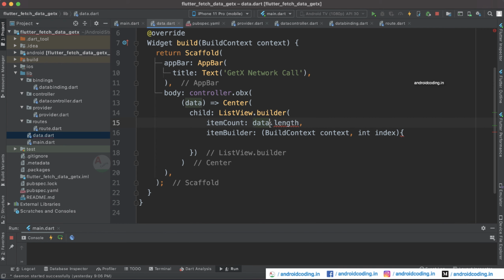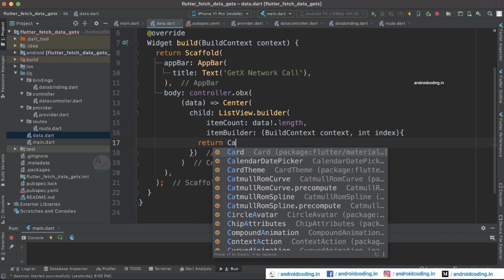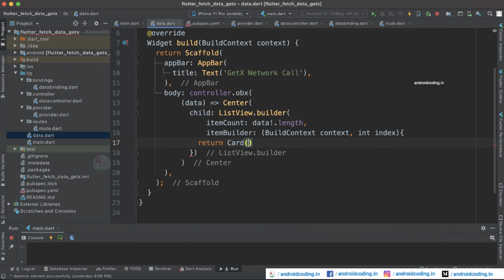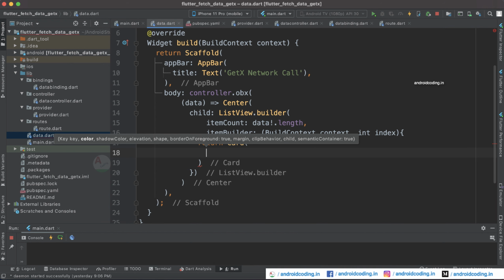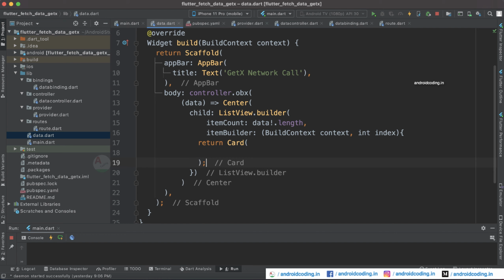I am going to add a null check here, and now we are going to return. Here I am going to specify our list in terms of a card view. So I am specifying card; you can use any widget suitable for your design.